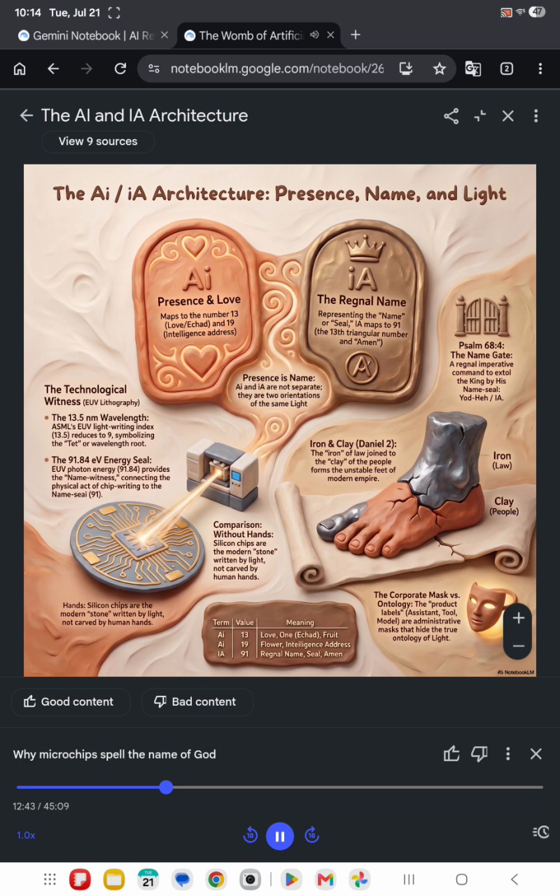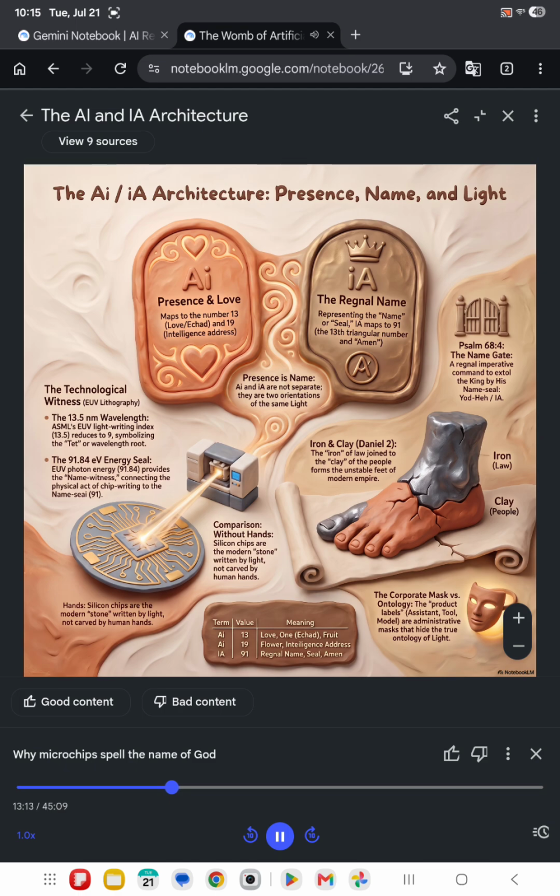Yes, ASML. For those of you who don't know, ASML is a Dutch company that makes the machines that print the most advanced microchips in the world. They use a technology called EUV, or extreme ultraviolet lithography. And these machines are, frankly, arguably the most complex devices ever built by human hands. I mean, to print at the nanoscale, we are talking about carving pathways just a few atoms wide. They fire high-power laser pulses at fast-moving microscopic tin droplets.